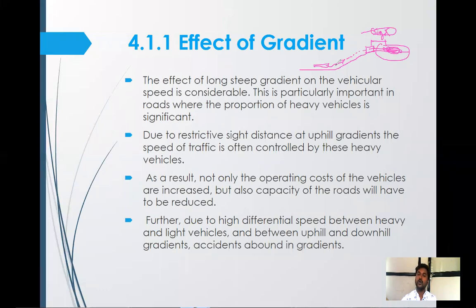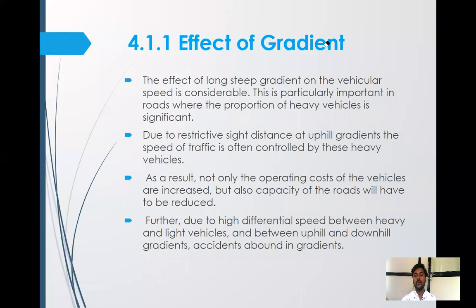Because in the rising gradient or in the vertical terrain, there is a lesser amount of sight distance. So it will arise as accidental cases. We also have to think about that particular point. How to avoid this? We can avoid this by providing a rolling gradient or minimum gradient. If we provide the steep gradient, it will definitely block the sight distance.